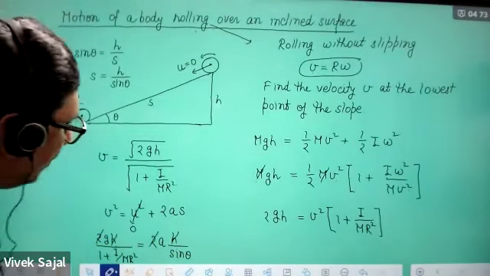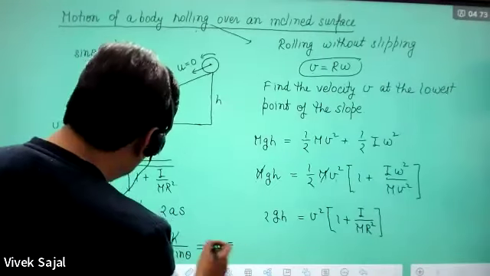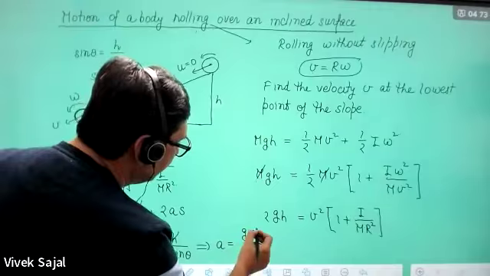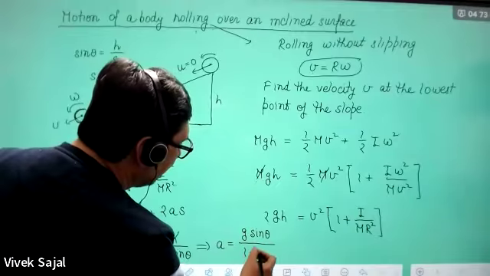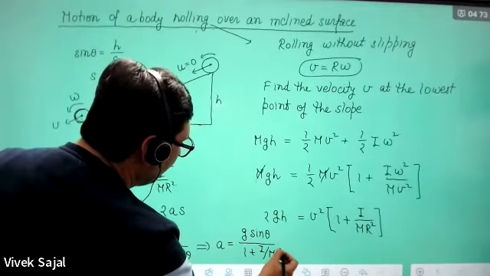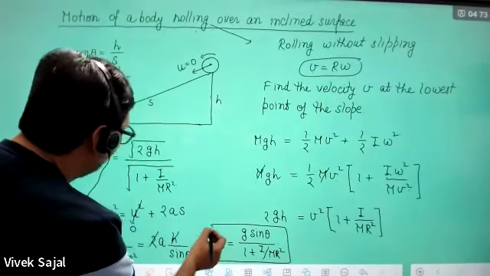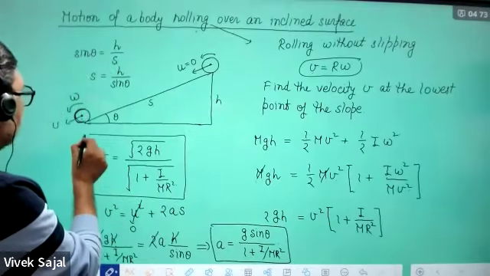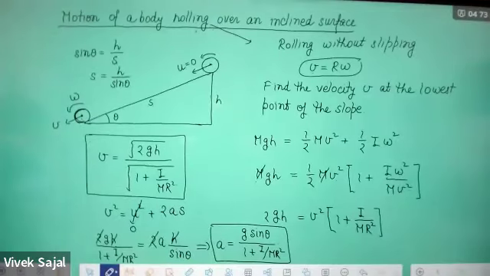So this will be g sine theta. What will be the acceleration from here? Acceleration a will be equal to g sine theta upon 1 plus I upon mr square. This will be the acceleration. This is the velocity. This is the acceleration. If you want to find out time,